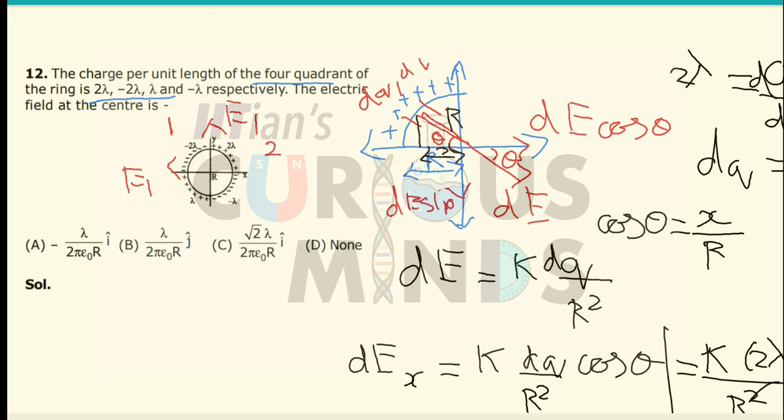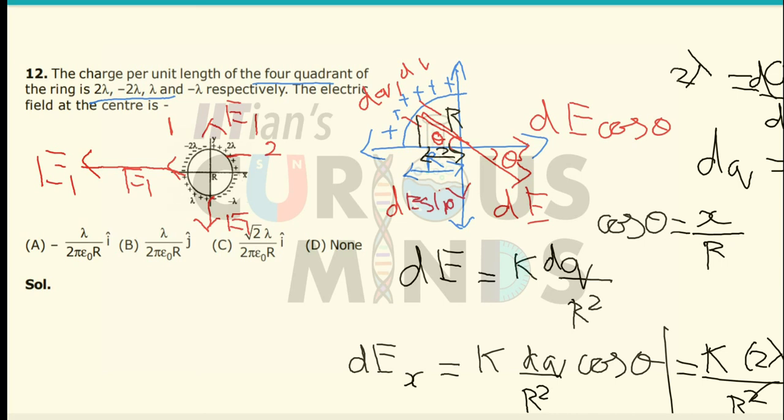The second part will also give me the same answer, because over here it is equal to 2λ. So the E1 magnitude will remain the same. Let me write this as E1 in the bottom direction, and due to this part it will act in this direction, which is equal to E1 again over here. In this direction also there will be an E1 acting.